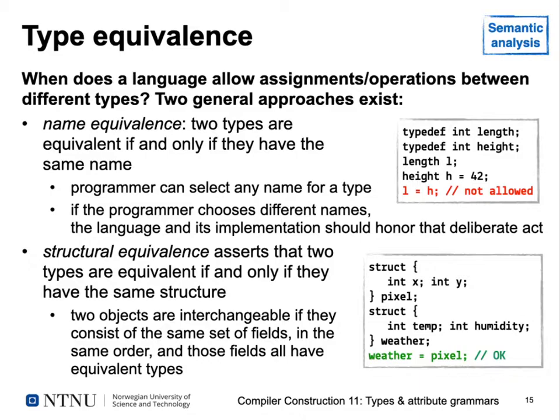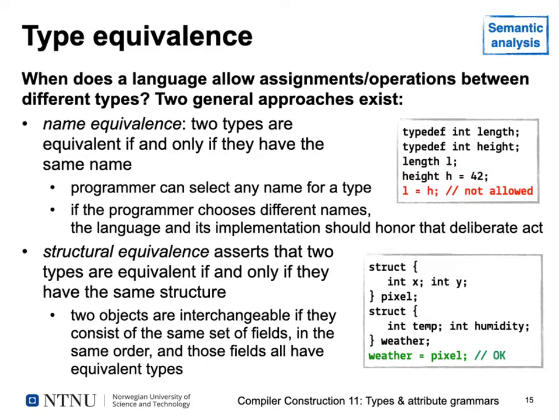The first approach is name equivalence. In C, we can do something like typedefs, so we can invent new type names for existing data types. We can say we want a new type name length, but this new type name length should just be an integer, it is another name for it. And we want an additional type name height, which is also an integer. So now we declare two variables here, a variable L of type length and a variable H of type height,